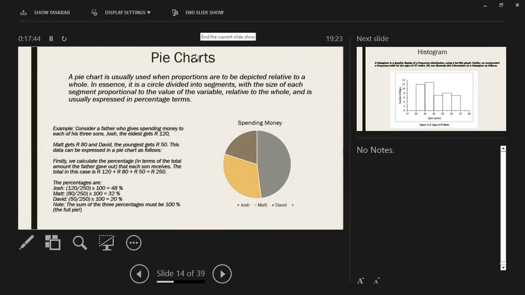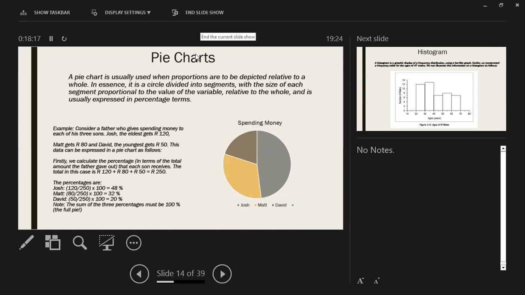So let's look at an example that is there within your study guide. Consider a father who gives spending money to each of his three sons. Josh, who is the eldest, gets 120 rand. Then Matt, who is the second eldest, gets 80 rand. And then the youngest gets 50 rand. So we want now to express the amount that each child got